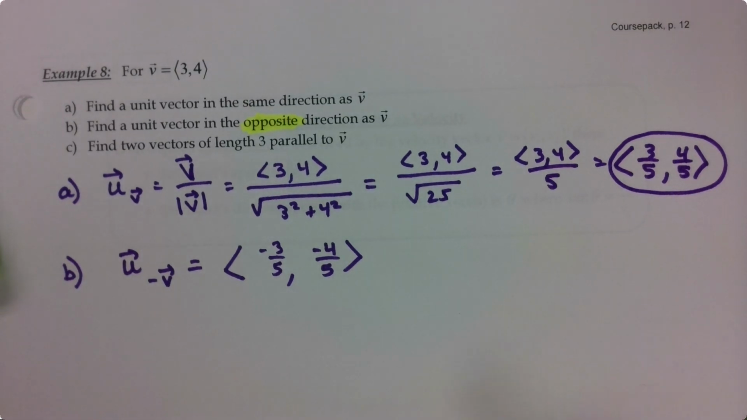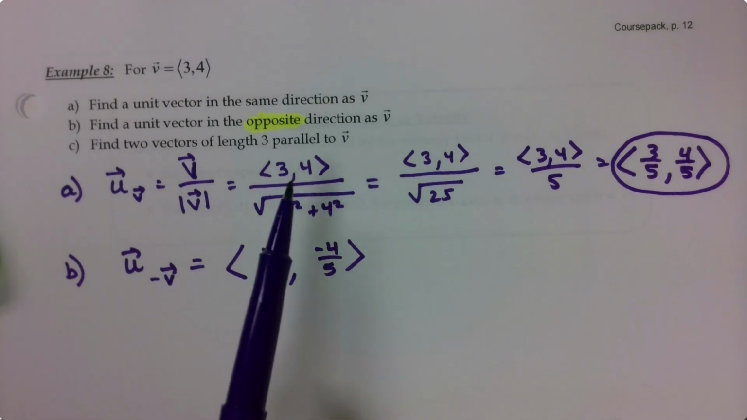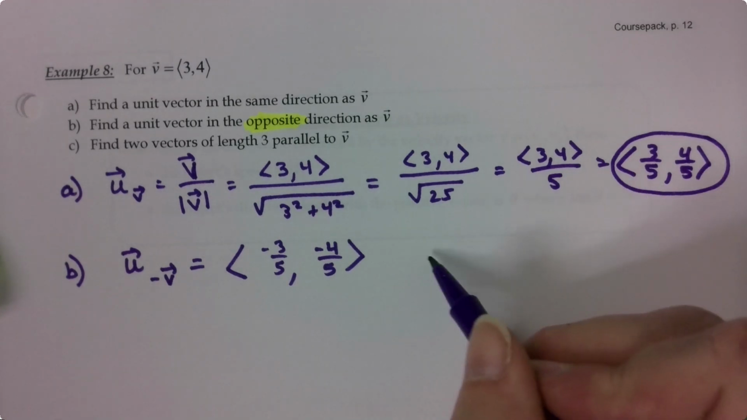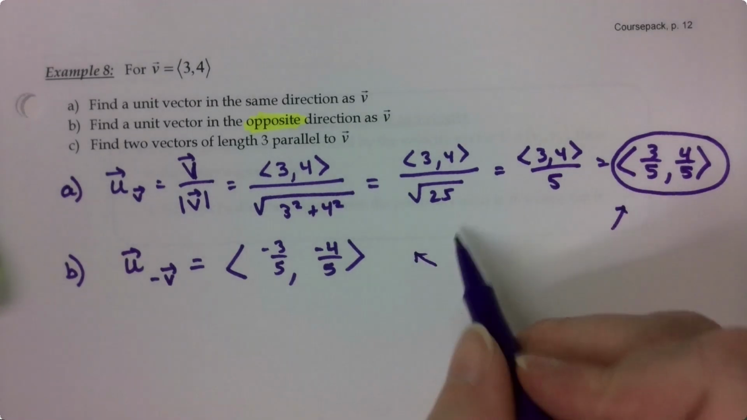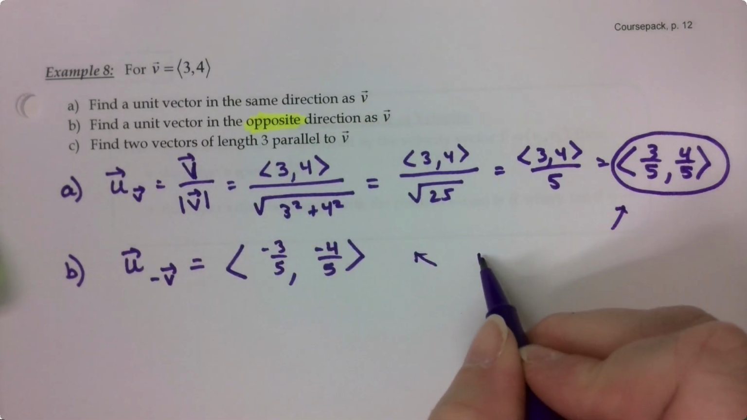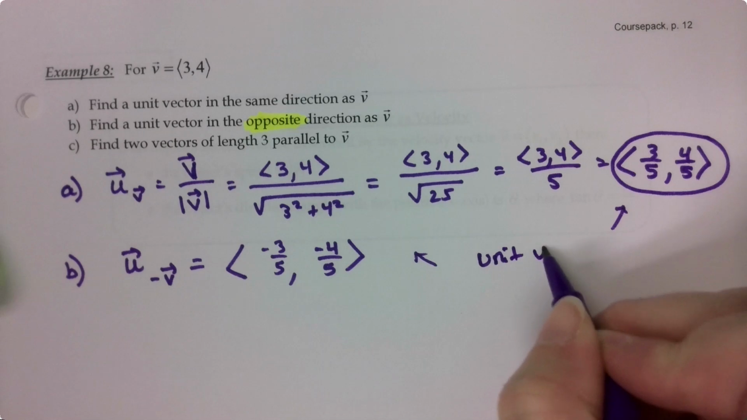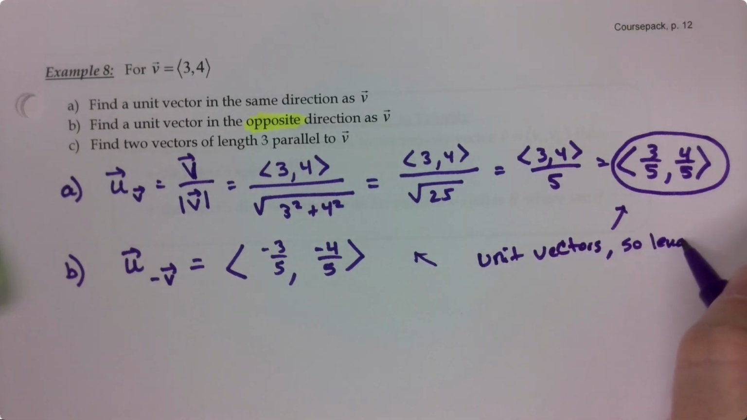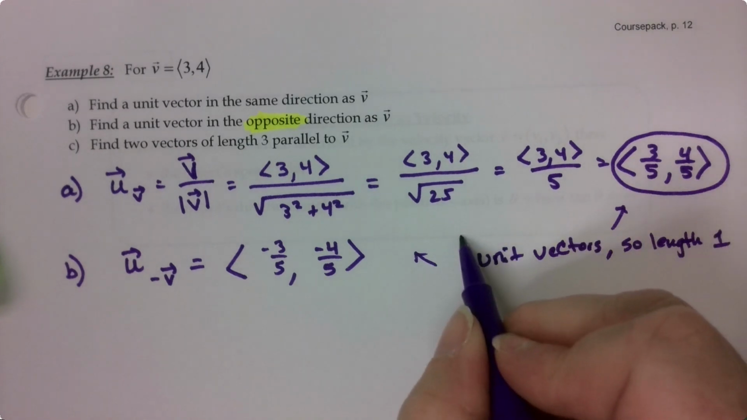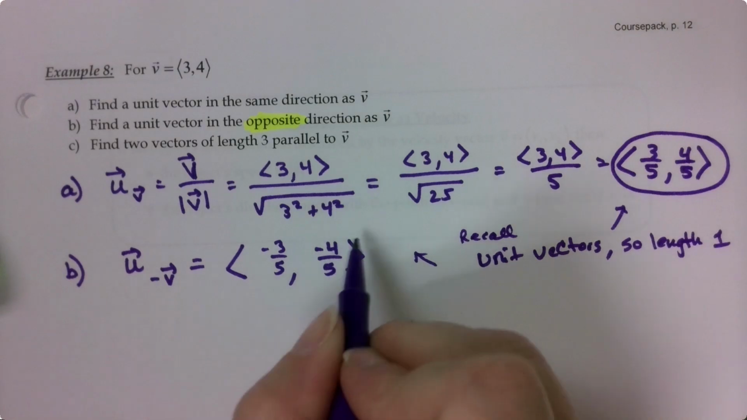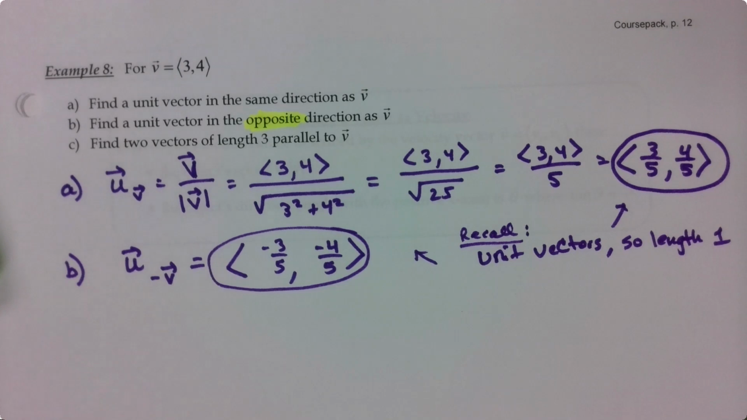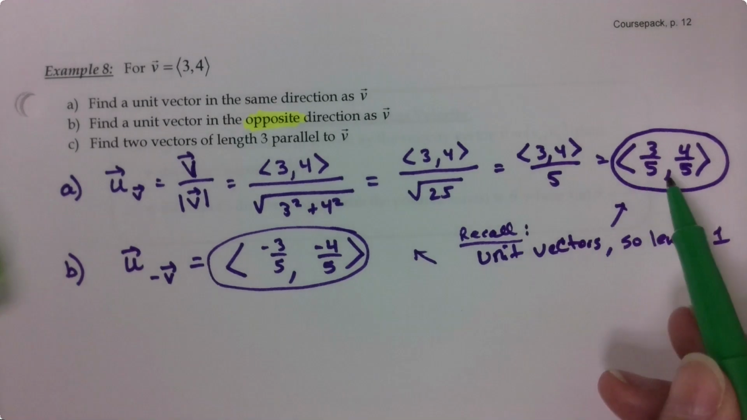All right, now what about finding two vectors of length 3 that are parallel? So remember, these are both length 1, right? That's what makes them unit vectors. So they're length 1, that's the whole point. Okay, so what am I going for? Well, to make a vector of length 3, all I have to do is multiply this by 3